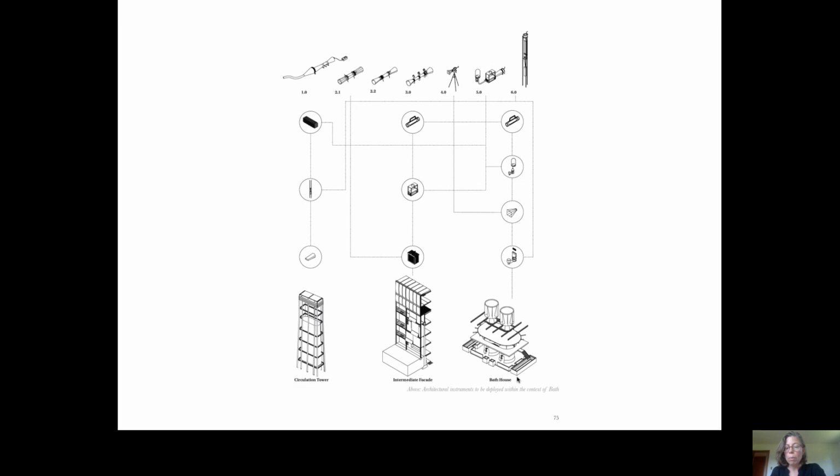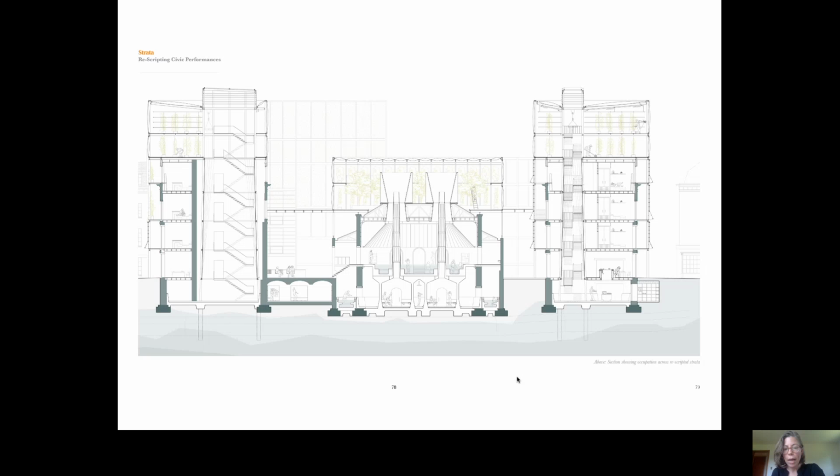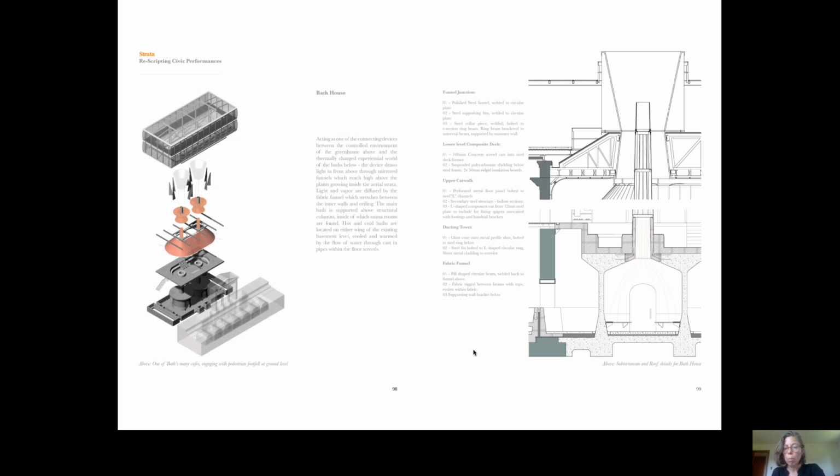And then basically extrapolating some of those roles to develop designs for instruments incorporated within the design of a building in Bath. So this is a section through Jamie's proposal, and I think the best example of that